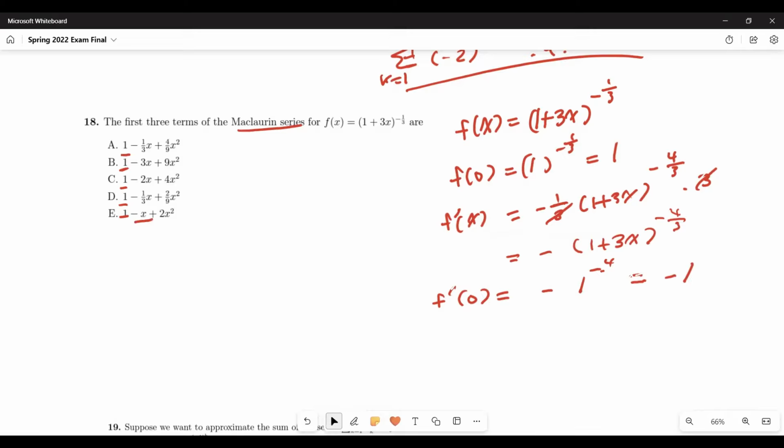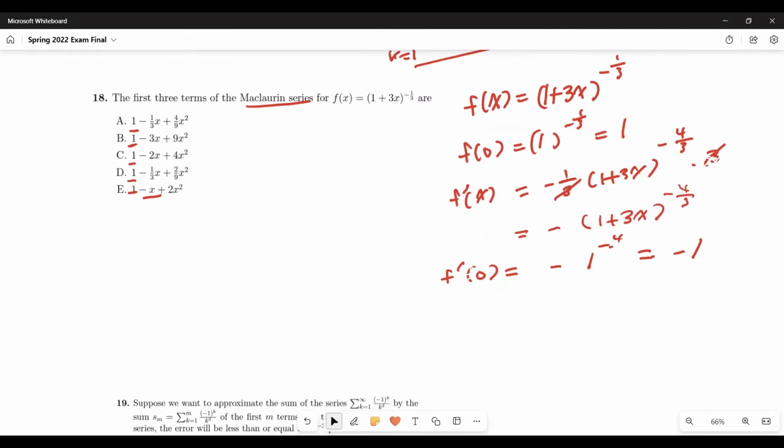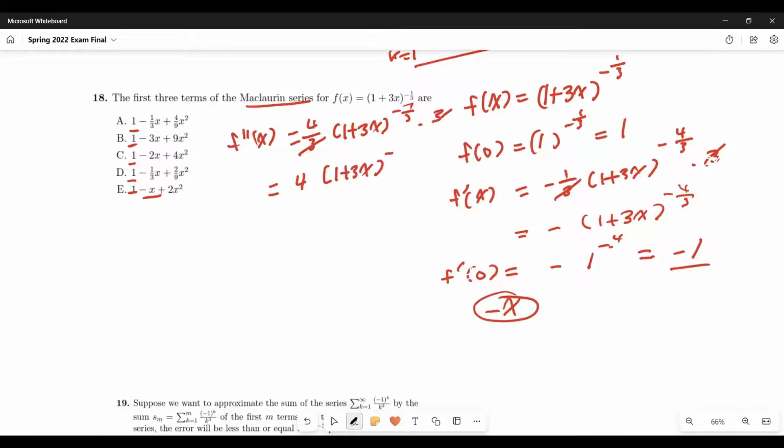So we could stop here, but I'm just gonna continue. So it's negative 1 for the coefficient of the x. That's why this becomes negative x. And then the second derivative of x is gonna be 4/3, 1 plus 3x to the negative 7/3 times 3. So that becomes 4, right? Let's see. Yeah, 4, right. And then times 1 plus 3x to the negative 7/3 power. And then f double prime of 0